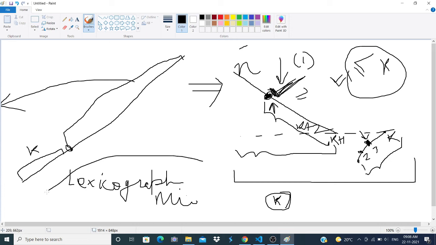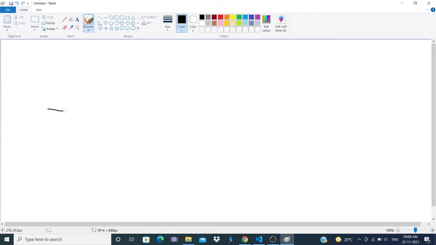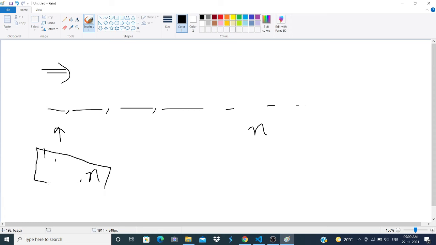Now let's focus on the fact that we need to find the lexicographically minimum such subsequence. So now let me tell you how we can do it. What I essentially initially thought is, let's say we have these n positions and we need to fill them one by one. So I went from the leftmost position, and for each position I tried putting everything from 1 to n. And if I can put that thing, I just put that and move ahead, and that's it.